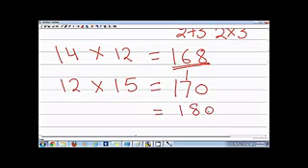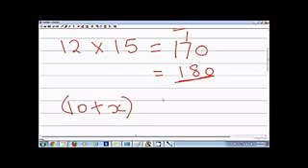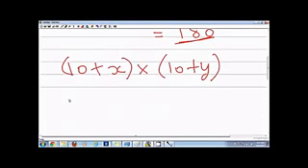So this is a little trick that you need to remember for doing this kind of multiplication. Now let's go to the proof. I'm not doing any magic here, so there is a simple mathematical proof for it. For example, if I have to multiply two-digit numbers like 10 plus x by 10 plus y, if you solve this, what you will get is 100